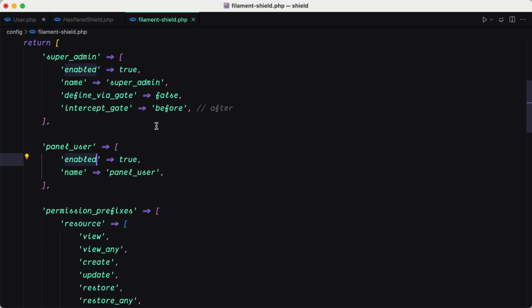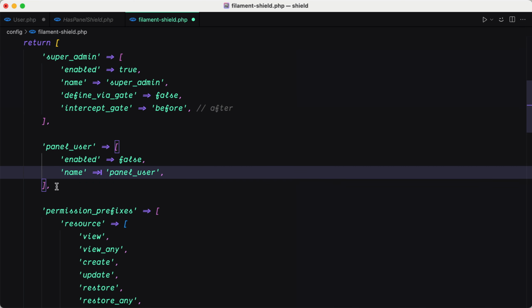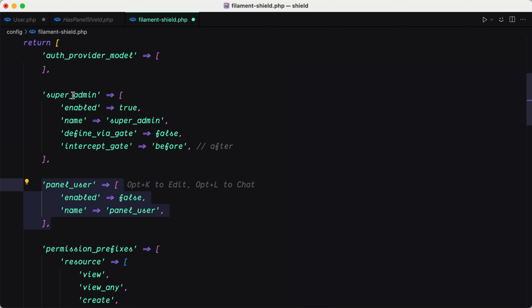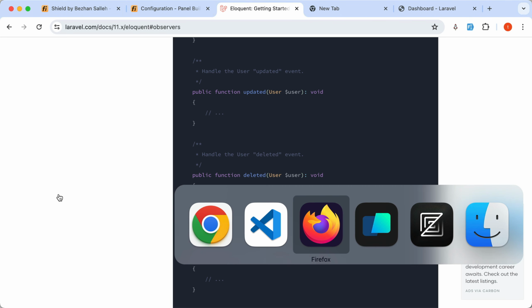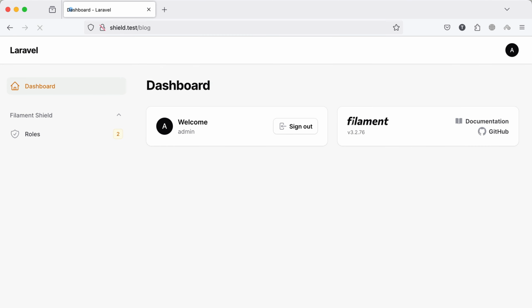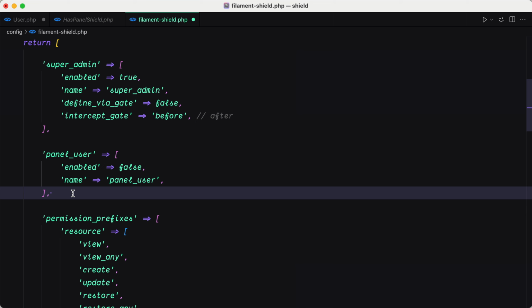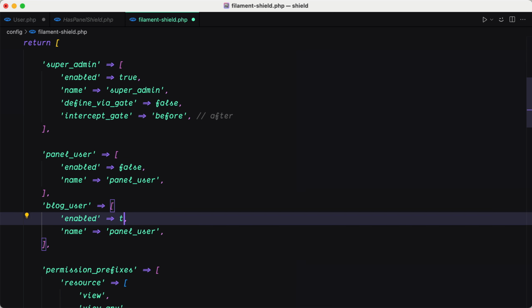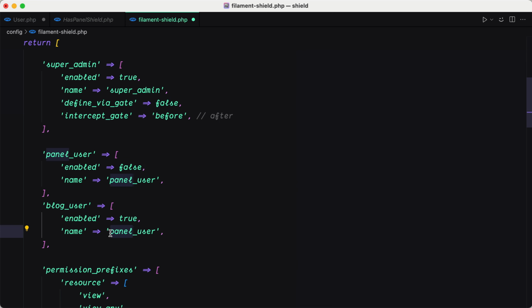Let's go to Filament Shield, and first I'm going to change this panel user to false. I don't want this to be applied to any user. Okay, I want the admin panel to be accessed only if the user has the super admin role. And because we have also the blog panel, so if I open the blog panel, yeah, here we have a blog panel. The blog panel, I want to access only the user who has the, and I'm going to change this to be blog now. Blog user enabled is going to be true, and here the name is going to be blog user. Okay, now we have added one more